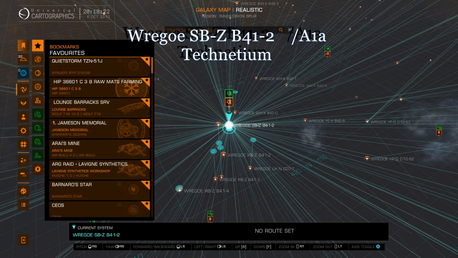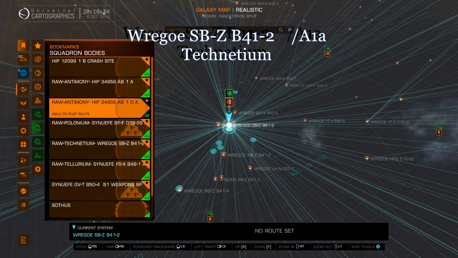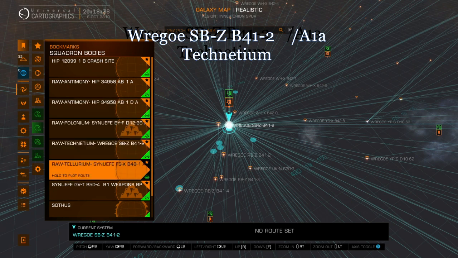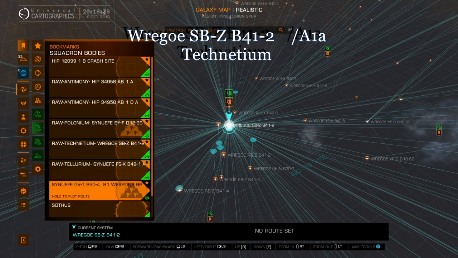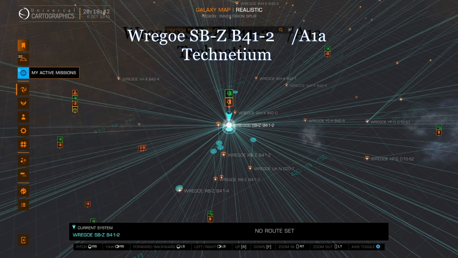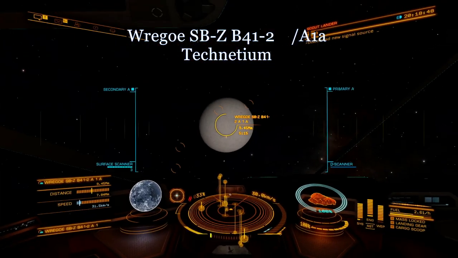All of the raw material locations are in the squadron bookmarks. If you go to squadron bodies, you come down to, you'll see raw, and I name all of the planets for the locations of the planet. So we're in the location for Technetrium, if I'm saying it correct, and I am going to try to approach